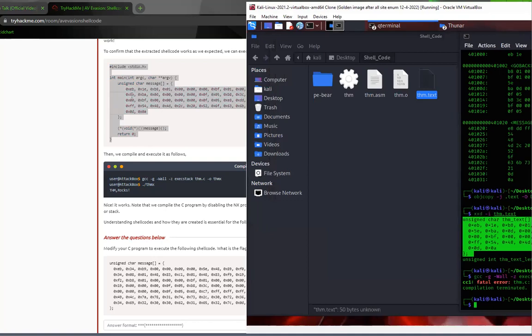Then we compile it as follows. So are we compiling dim.text? Is that what we're compiling? What are they compiling here? GCC, dimc. Oh, this is dimc. Okay. Right, so it's like a C file. Let me see if I